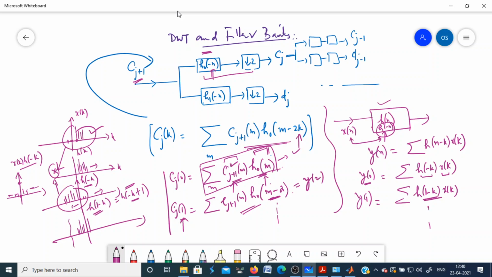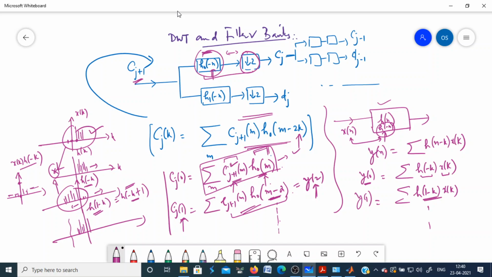Okay, this is basically you are taking not the output at n equal to 1; this is equivalent to computing the output at n equal to 2. You are shifting by 2, you are shifting by 4, which means you are deleting the samples at n equal to 1, 3, 5 and so on. Okay, so that is why this downsampler is here. So this filter and this downsampler, they both combinedly implement this equation.